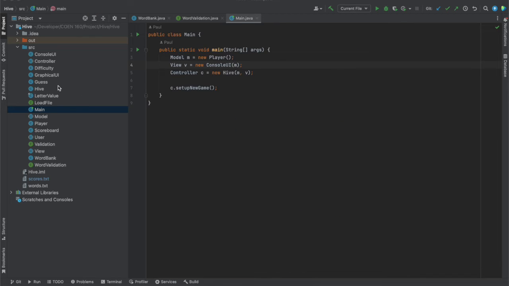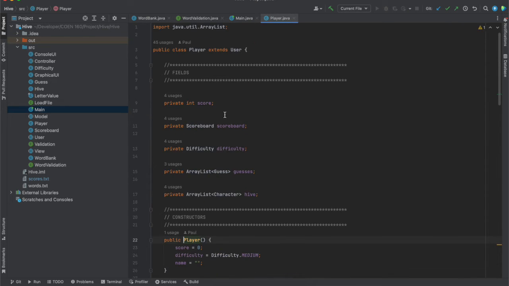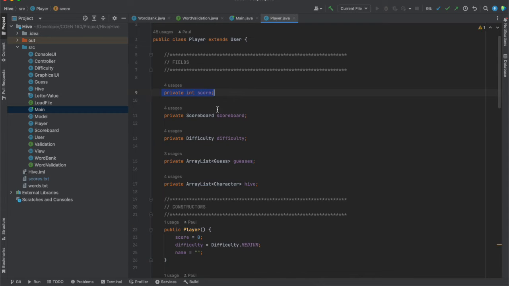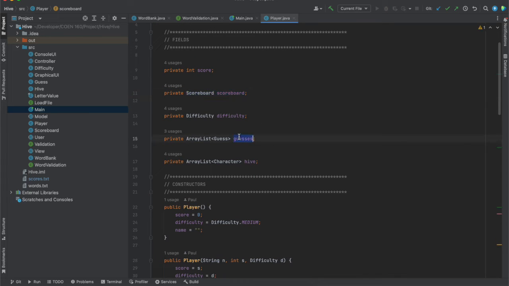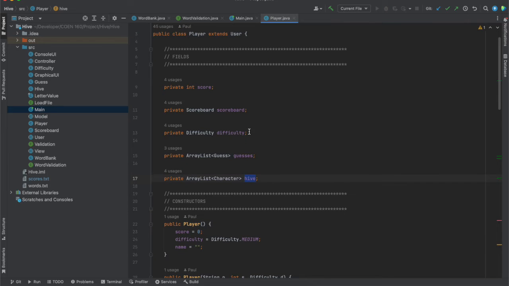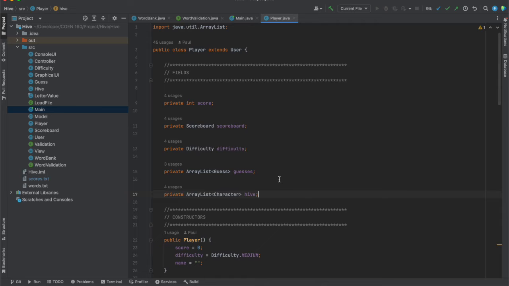So looking through the actual code itself, we can go ahead and start from the model. So here we're creating a model as a player model. The player model has the field score, the scoreboard itself, because that is how I'm able to actually save the scores. And then it has the difficulty, past guesses, as well as the Hive. These are associated with the player, the scoreboard and the Hive in particular. This decision was made because it allowed for the cleanest implementation, since players are created every new game. So every new game there's a new player, and that allows me to easily generate a new Hive